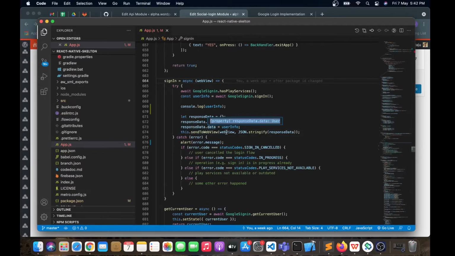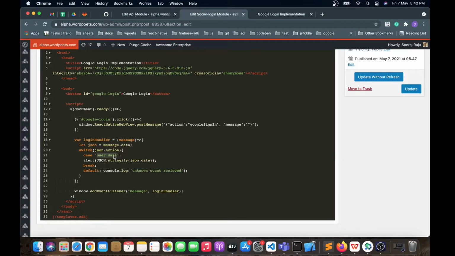In the action we have mentioned user data, so we are checking for that action, user data. Whenever we get those results back, we simply alert the data. This is what we are going to do. Let's check how it looks in our application.